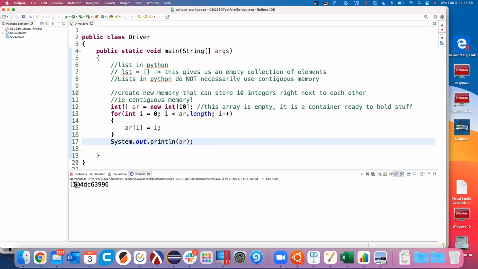But notice that before it we have an @ symbol, and this is an integer array at this fake memory address inside of the Java virtual machine. It's not really a fake address. It's just that the Java virtual machine has its own